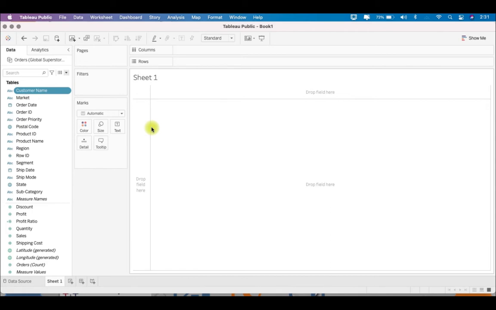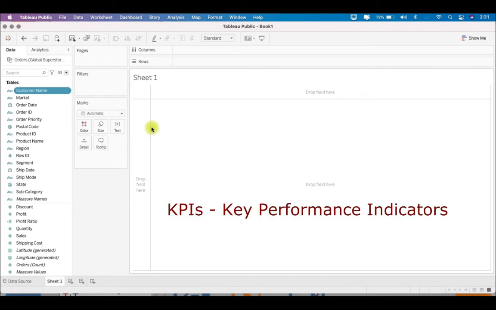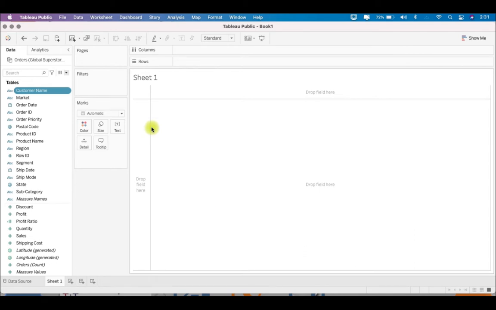Basically, they help you answer some common business questions like, what is our revenue this month? Or did we meet our goal for the profits last month, right? And let's say, how does time to ship compare to the same time last year? Or how does profit margin change over time?